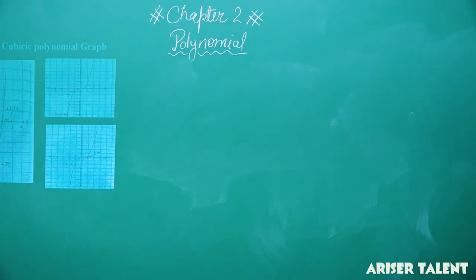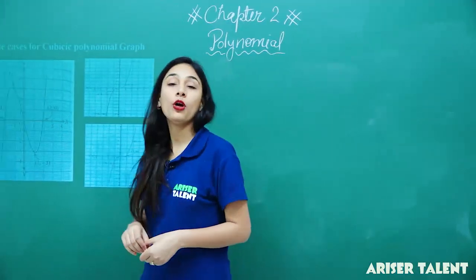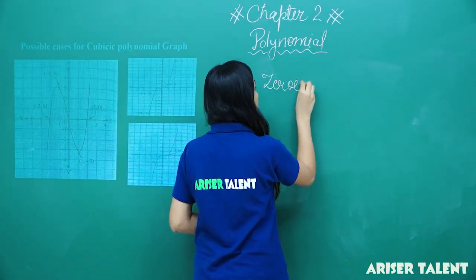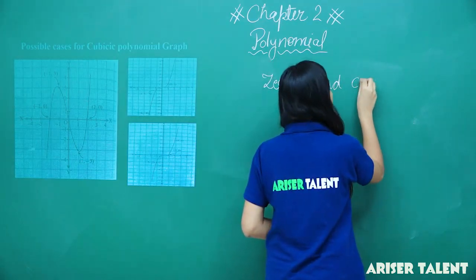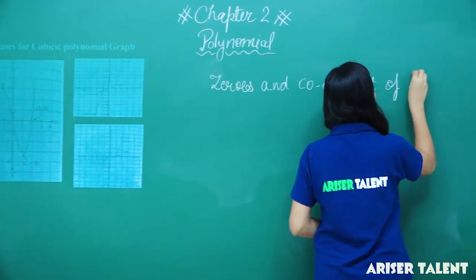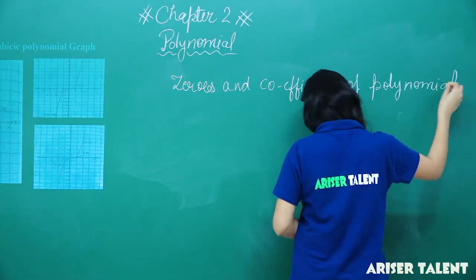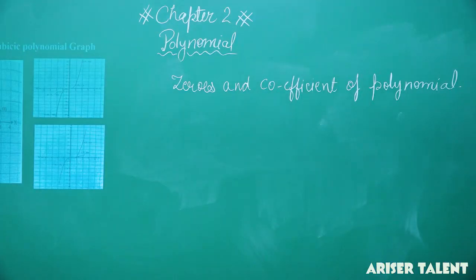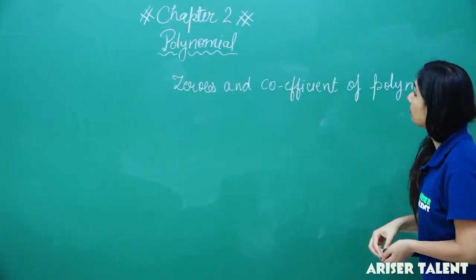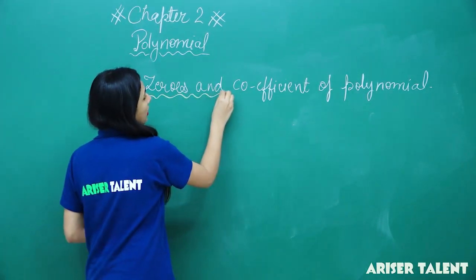Let's now discuss the relationship between zeros and coefficient of a polynomial. Now, this graph is of no use for us for this particular slide. Okay. So, zeros and coefficient of polynomial. What is the